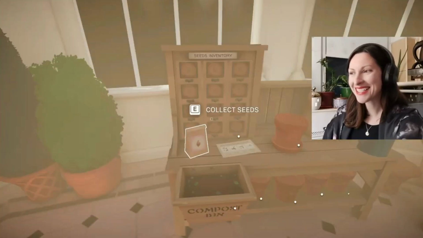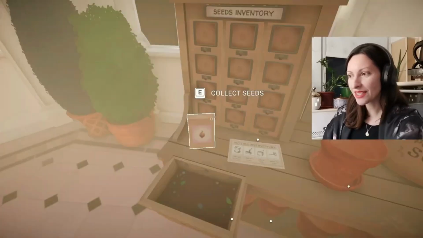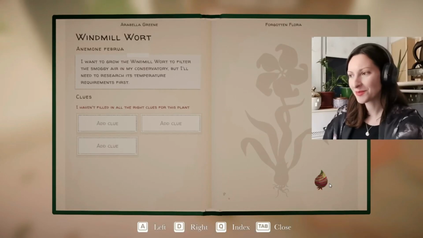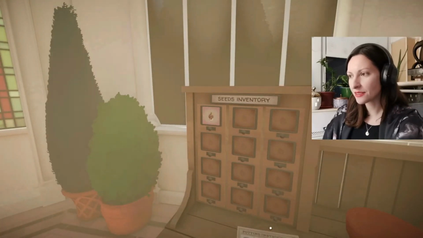Look over here, isn't this gorgeous? So we have our seeds inventory. Here is our first package of seeds, and it becomes manifested here in your book, right in this corner. So basically we take this seed,